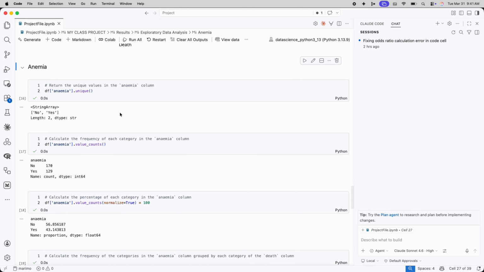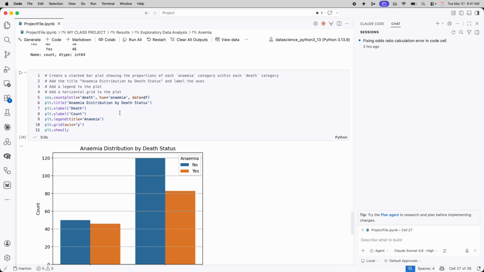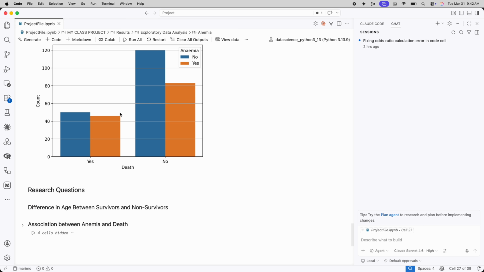Once again, the unique values, all the same. And then this time, though, we wanted group by the death column. And so I didn't do the stacked one here. When I repeated it yesterday, I got separate ones, yes and no, died and survived, and then with anemia, no anemia. We can certainly see in those who died, the with and without anemia was almost equal, but in those